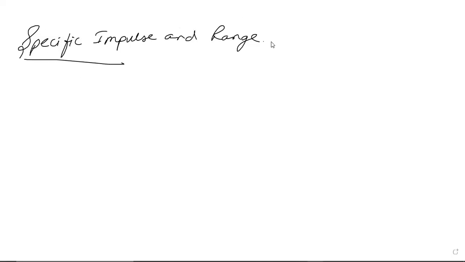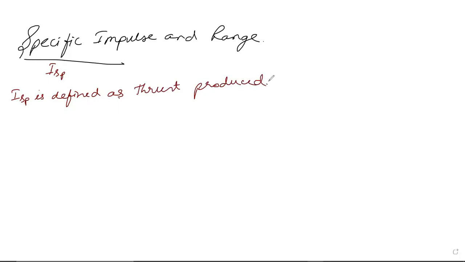A specific impulse is basically known as ISP. So ISP is defined as thrust produced per unit fuel weight flow rate. So thrust produced per unit fuel weight flow rate, that means